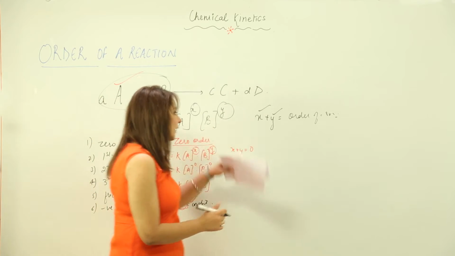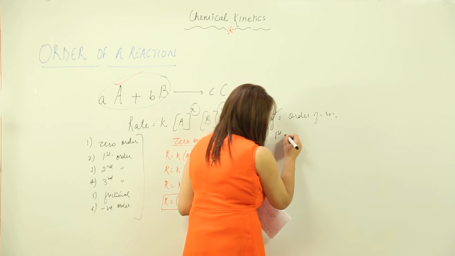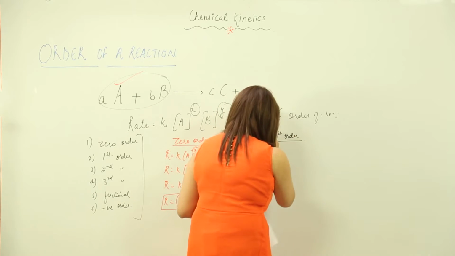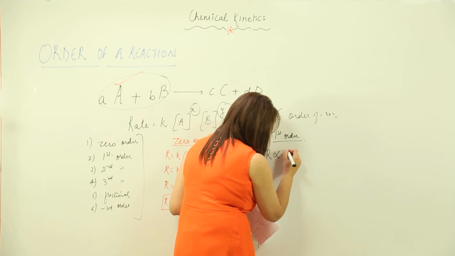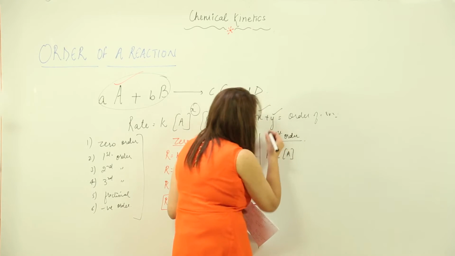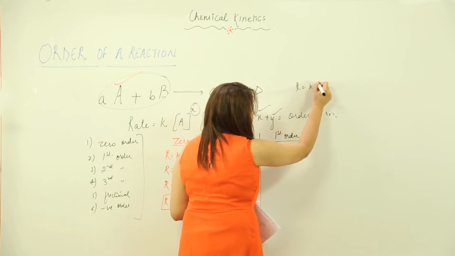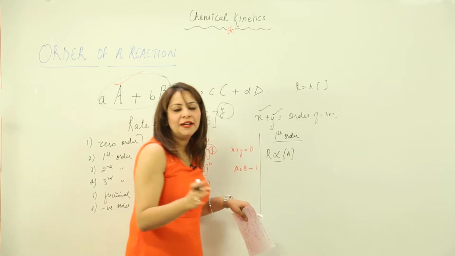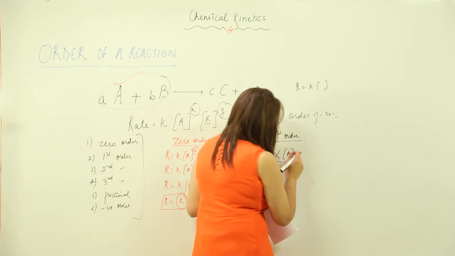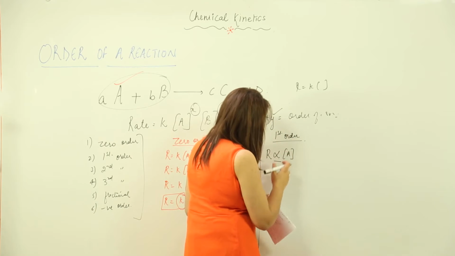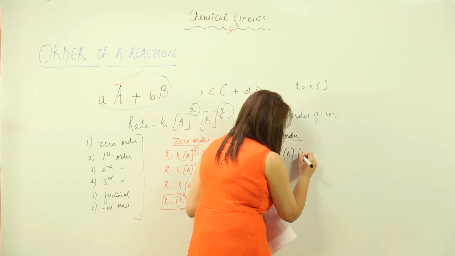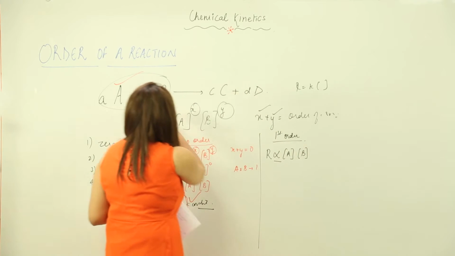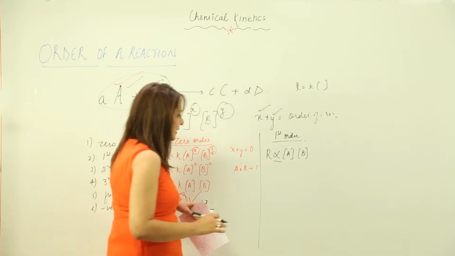But when we take first order reaction, just look at the board. First order reaction means the rate is directly proportional, whether you write it this way or in a proportionality manner, it means the same. So in first order, the rate is directly proportional to the concentration of reactant A and concentration of B, as we took A and B in the general equation as reactants.